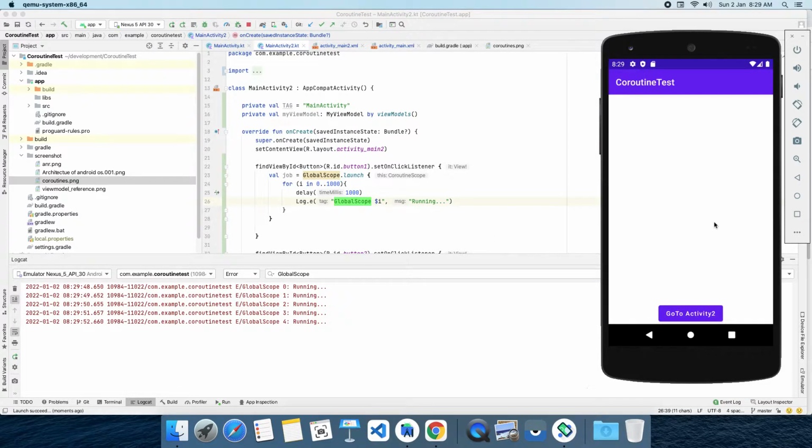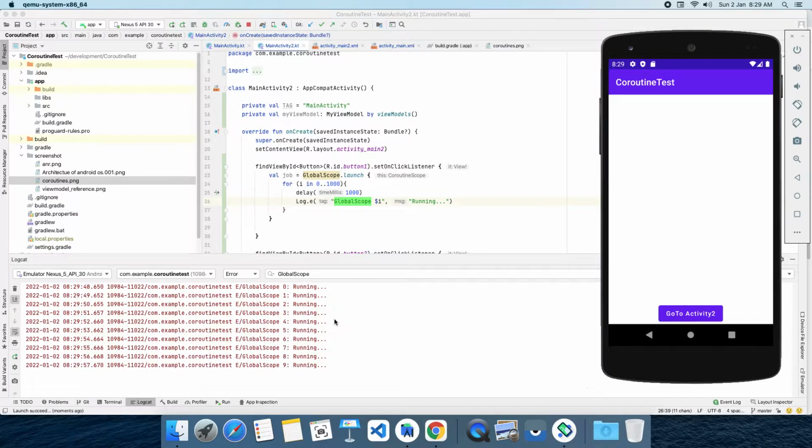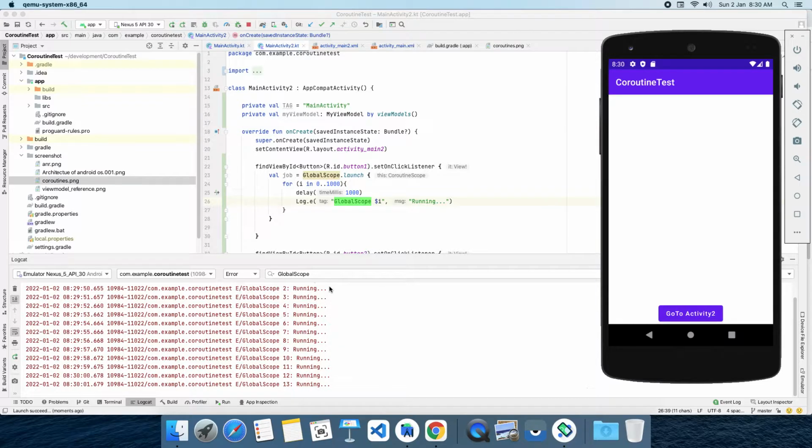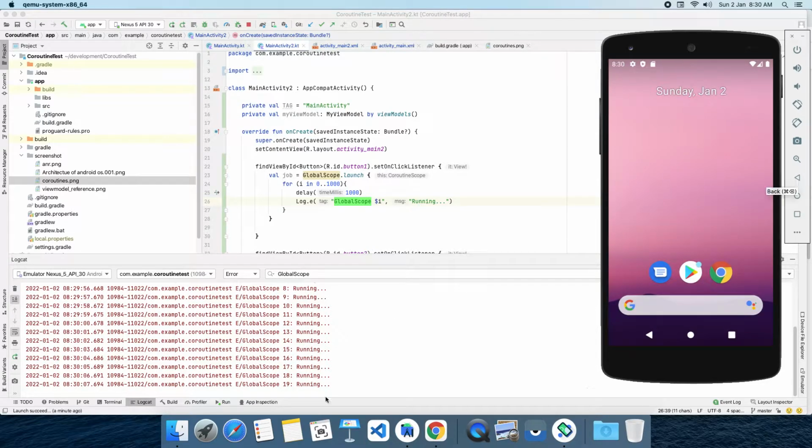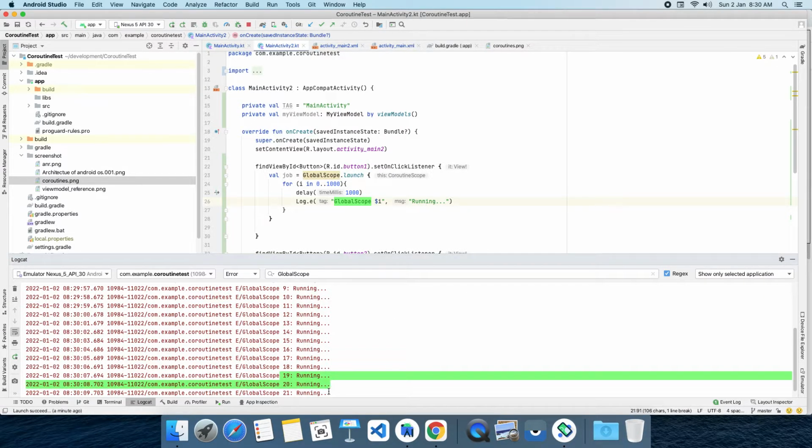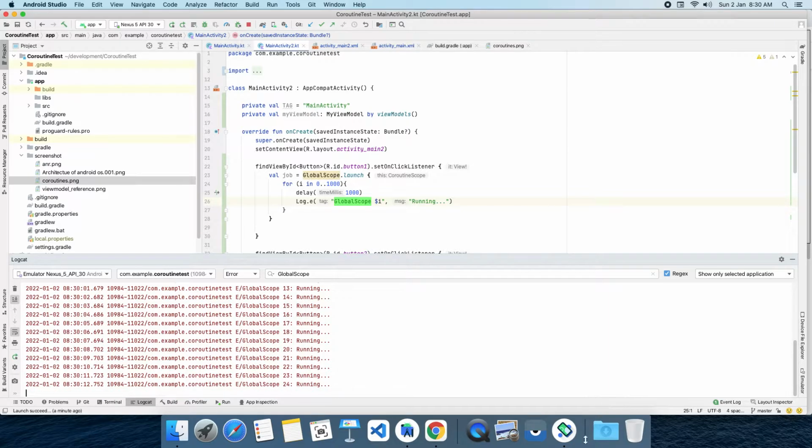See what is happening. The job is still running because this was started under our application scope. Even though that activity gets killed, the job will not be, because it is attached to the application context. Whenever I kill my application properly, at that point of time it will be cleared from memory. See, this keeps on running because our application is running behind.